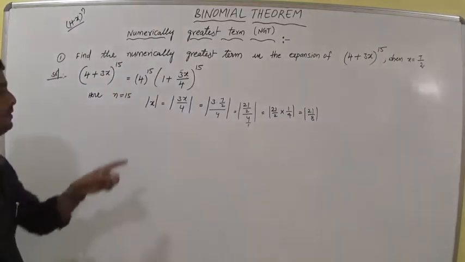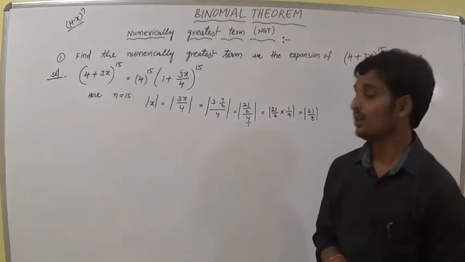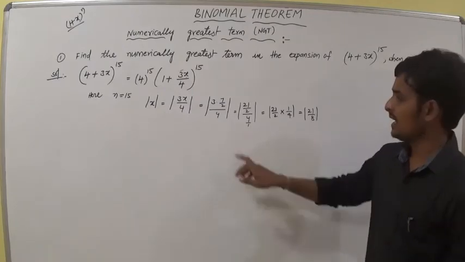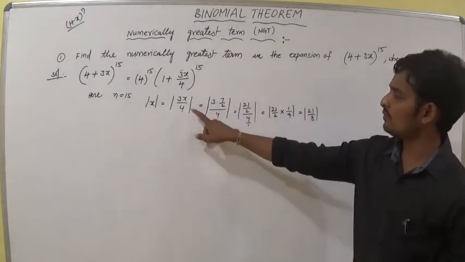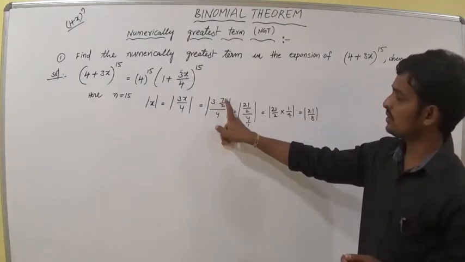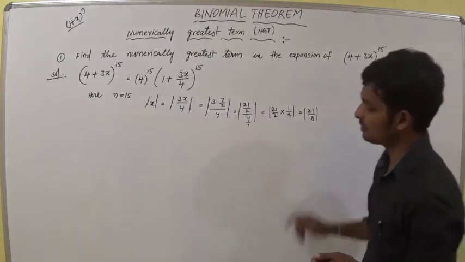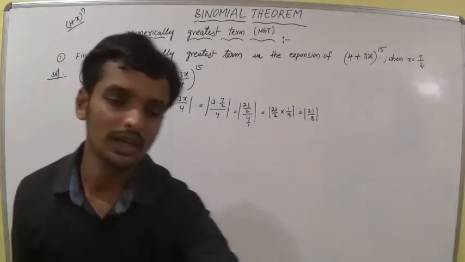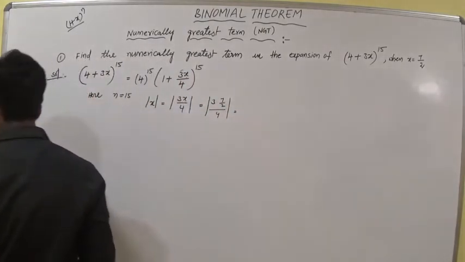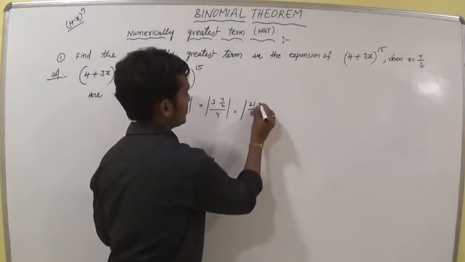Are you okay? If you do the direct steps, the problem is very short. I am calculating mod 3x by 4, 3 into the value of x given as 7 by 2. So 21 by 2, simply we are multiplying 2 and 4, and we are getting 21 by 8. So I want to decrease the steps, so I don't write these steps. I am writing directly. So by that process 21 by 8 is mod x.